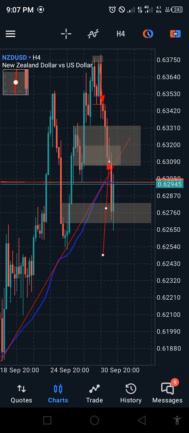So price gave a fake out actually, and is now returning back up. So what can happen is that now price may actually successfully break this trend line and is on its way to the downtrend. So that can be a possible scenario, because now we have had a small change,